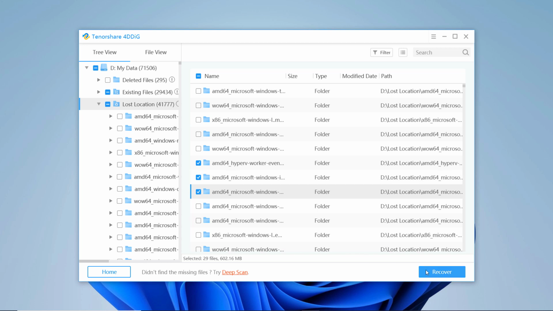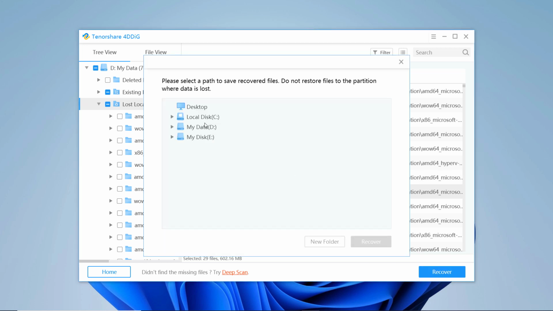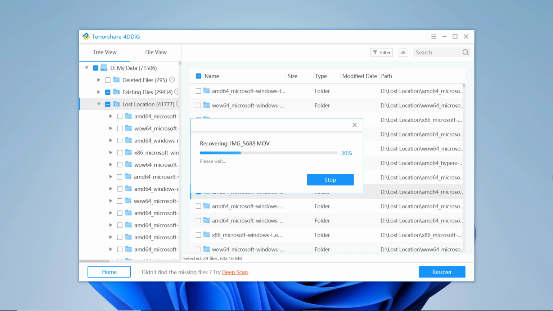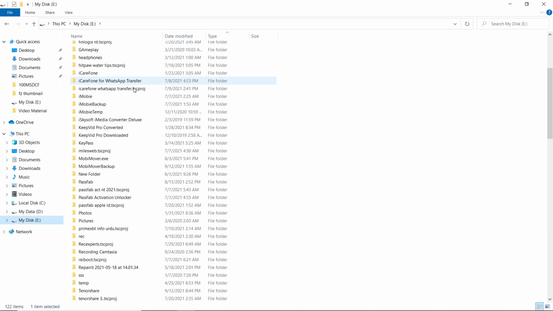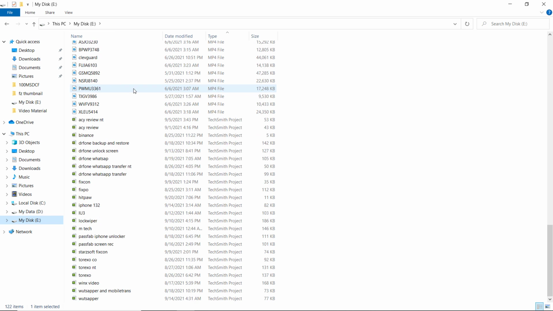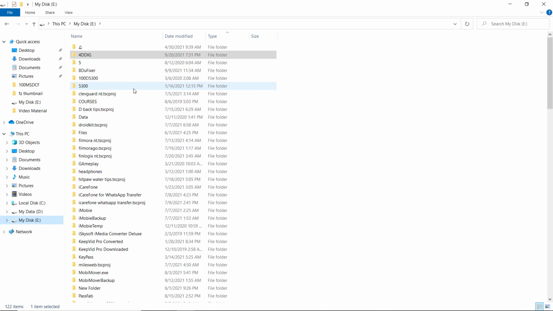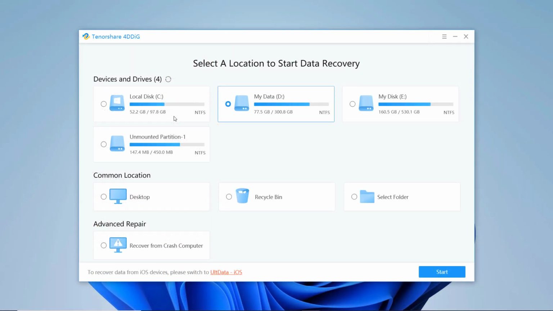After you click on recover, a dialog box will open asking for the location where you wish to restore the files. Don't select the location from where your data was deleted. Congratulations, your deleted files from SD card have been recovered and you can view them now. Please do not save to the same partition where you lost them, in case of disk overwriting and permanent data loss.